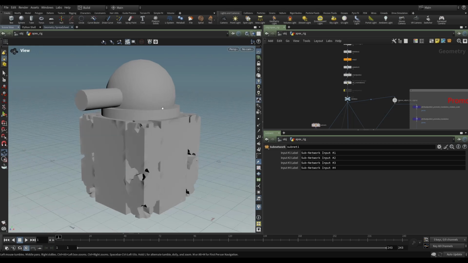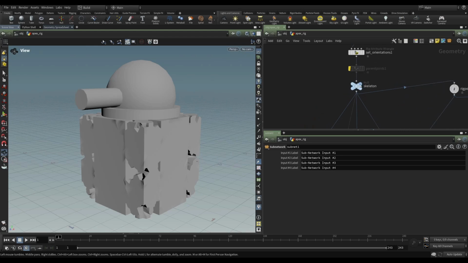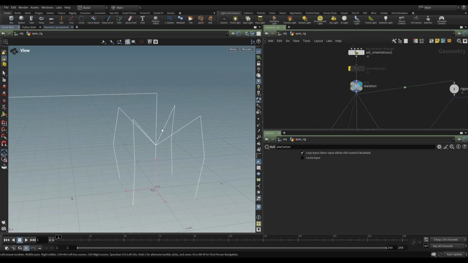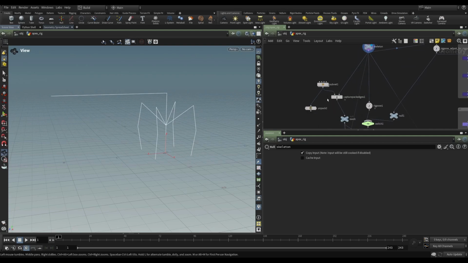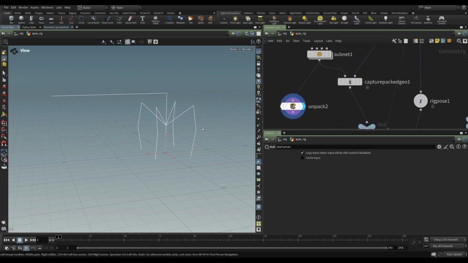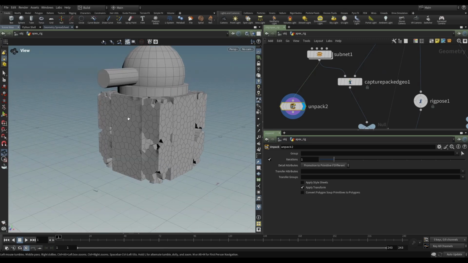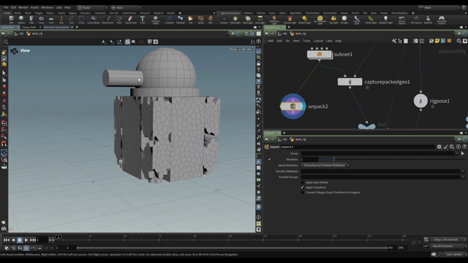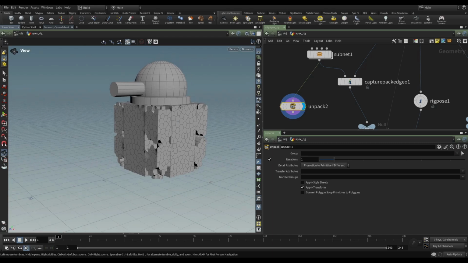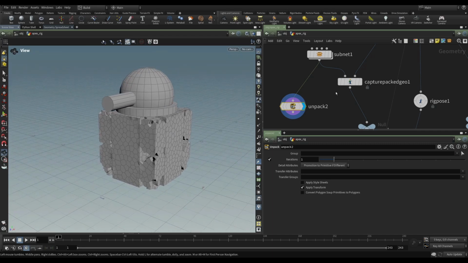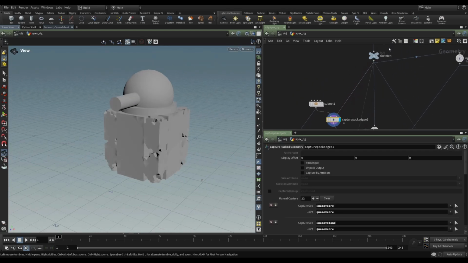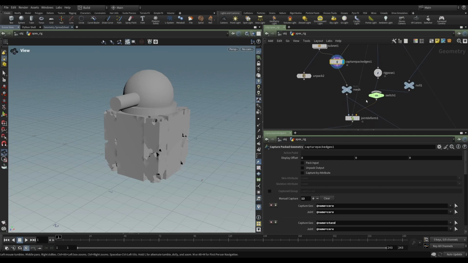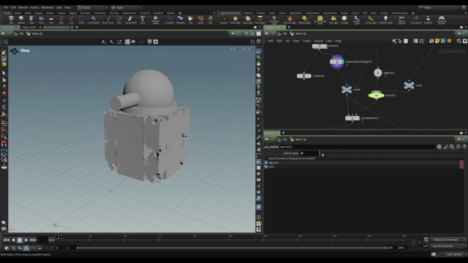I've just updated the skeleton of this fellow to have these legs, and he's got a look-at thing for a turret. His geometry has a rocky body, and then this turret. So all very simple stuff, nothing complicated. Then I've taken that geometry and used Capture Pack Geo to capture to the skeleton, and the result of that should be